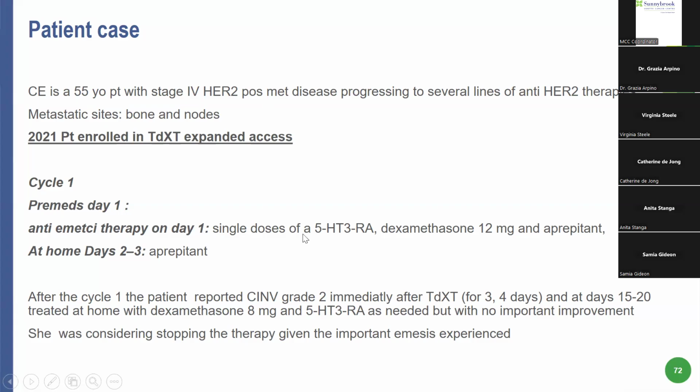And we started with the doublet. We started with the 5-HT3 receptor antagonist and dexamethasone and aprepitant. We also put NK1. And on day 2-3, we gave aprepitant as post-medication. However, the patient came back after cycle 1 with a CINV grade 2 immediately after TDXT, and it lasted for a longer time with grade 1. We treated with dexamethasone and 5-HT3 receptor antagonist, but didn't get an important improvement,